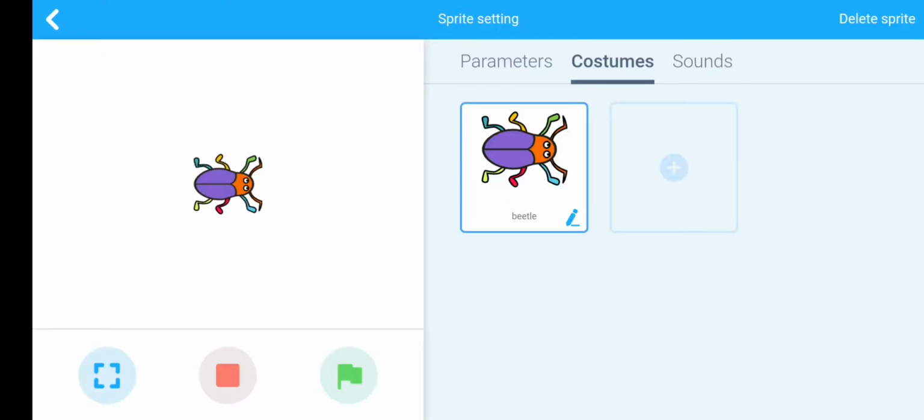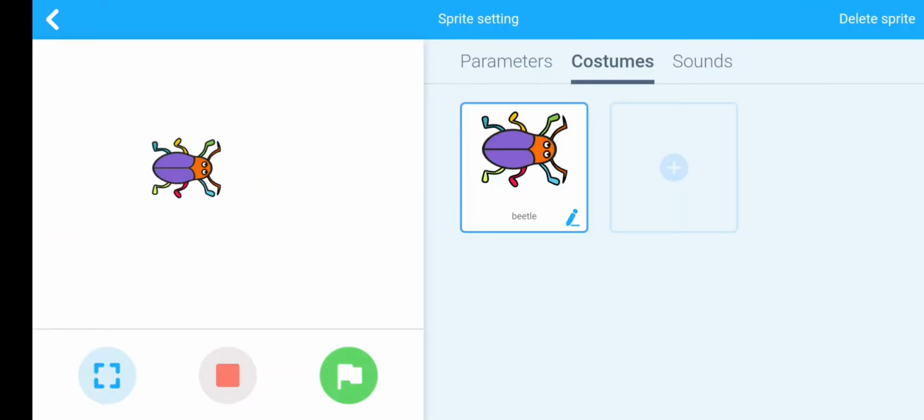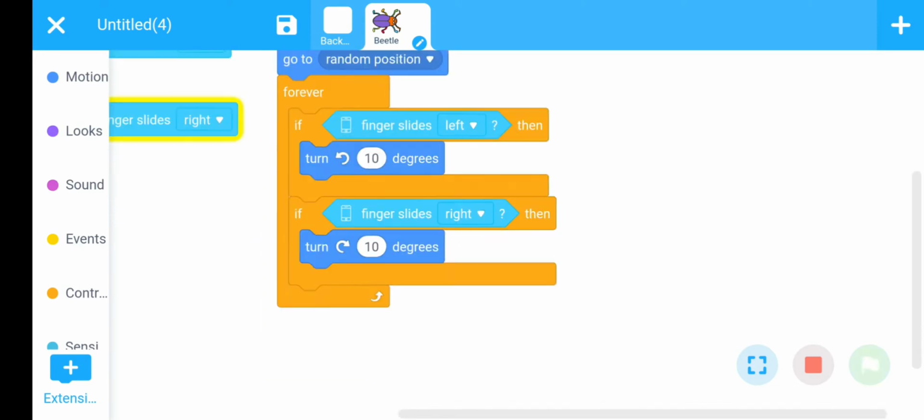Okay, show this code here. Look at the screen. Whenever I swipe my finger on the screen, the Beetle rotates according to the finger swiping. Fine. Now we want to move the Beetle also.